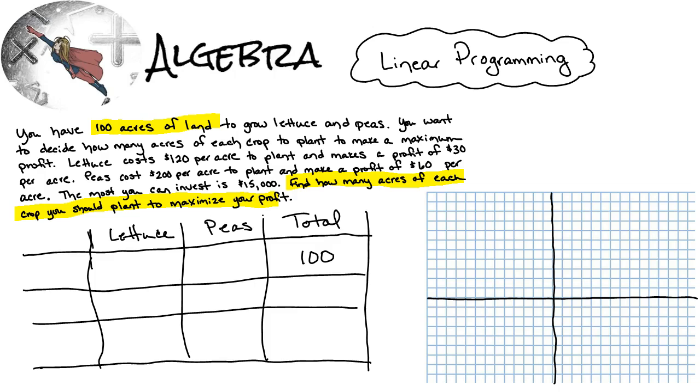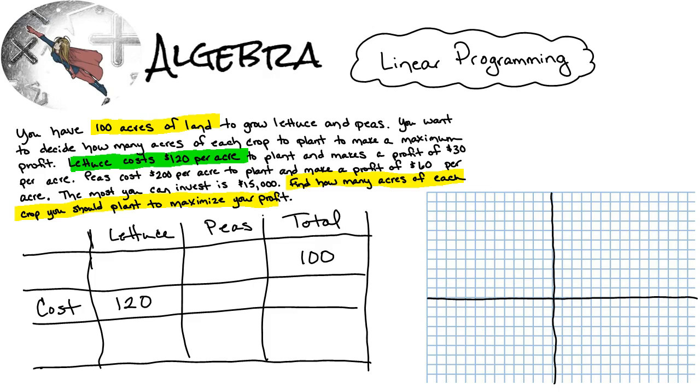Now, if I keep reading, the next number I come across is in the sentence where it says lettuce costs $120 per acre to plant. That number, that dollar amount, is a cost. So over to the side here, I'm going to write cost